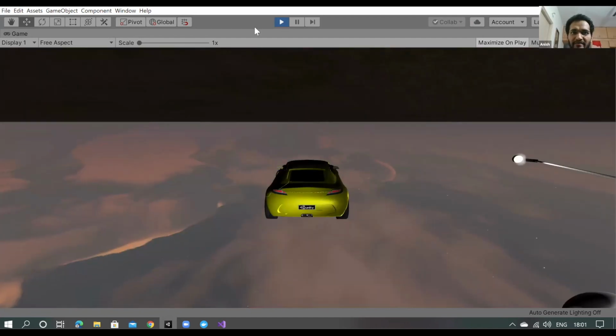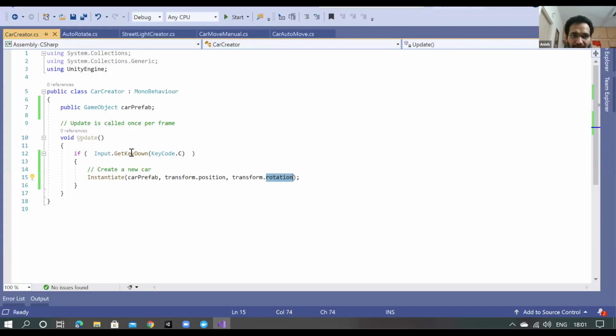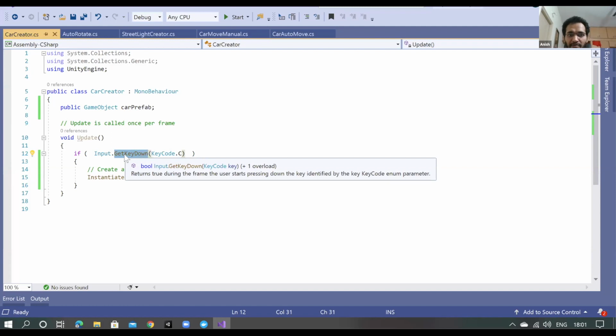The code that I have written is you should press and leave, because when you press it down, it generates once, and if you want to create again, you have to press it again. The event is get key down.